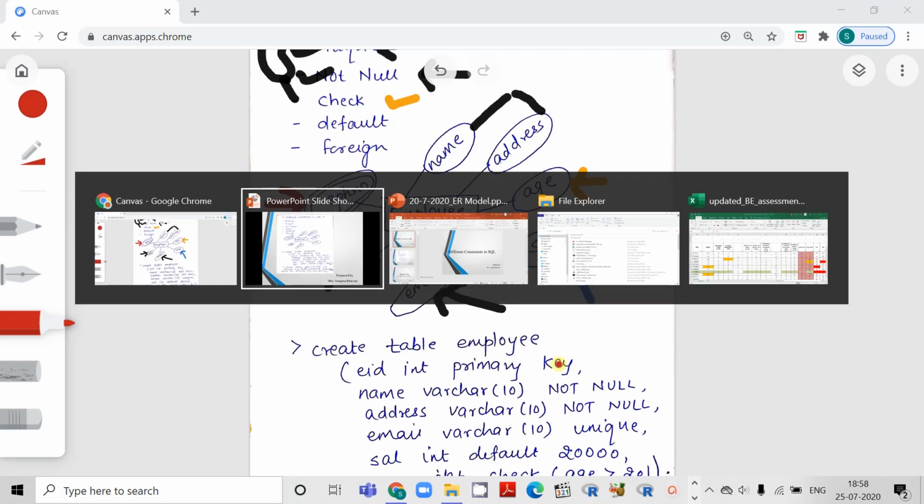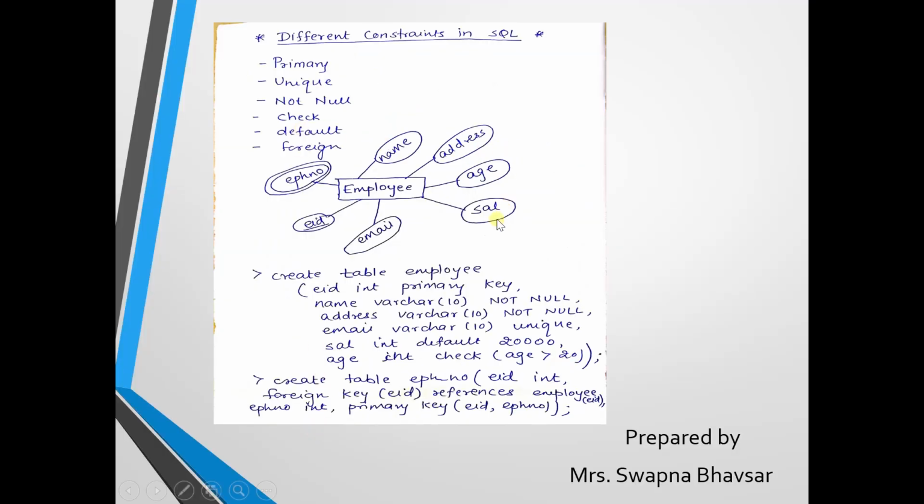So here I have explained the different constraints. Now, how to apply these constraints while creating a table? This is my syntax. Create table, name of the table employee, EID, data type integer, and primary key. As I explained earlier, EID is my primary key because it is underlined. It will contain a unique value. So EID int primary key. Name, its data type, not null. It cannot contain a null value. So it is not null. Address, data type, not null. Email,